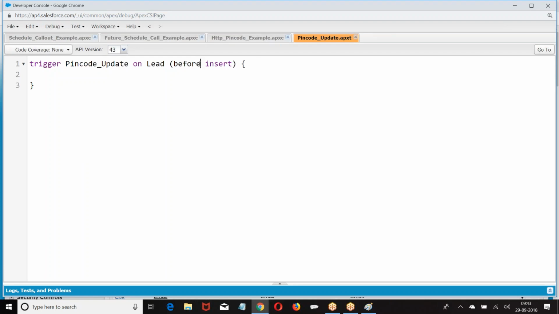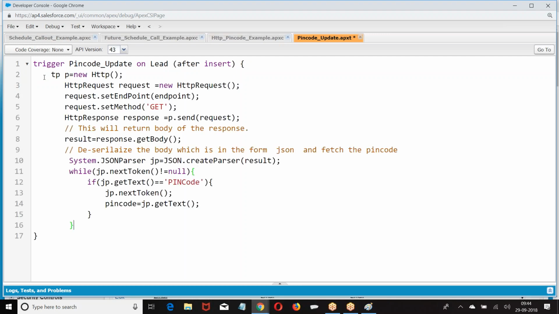It's your choice whether you want to go with before insert or after insert. Let me say after insert. When you say after insert, how many leads are we going to insert?